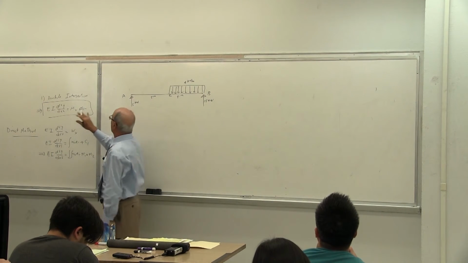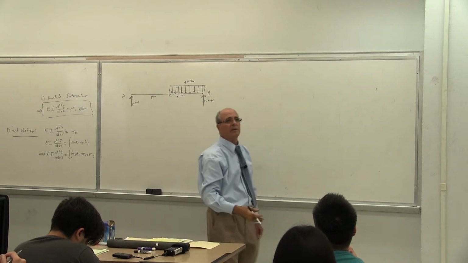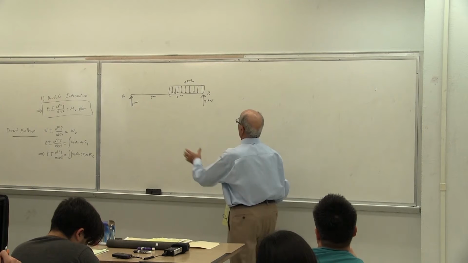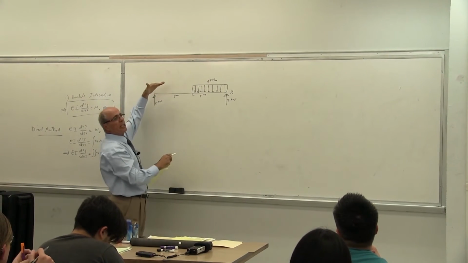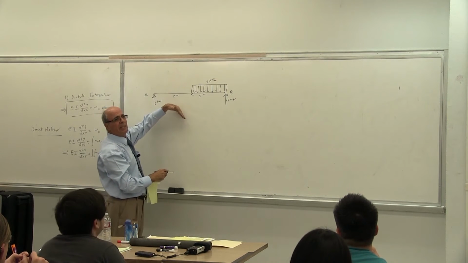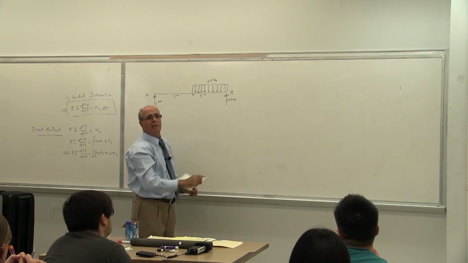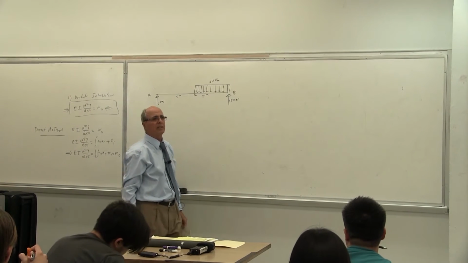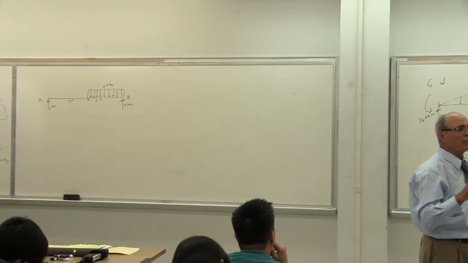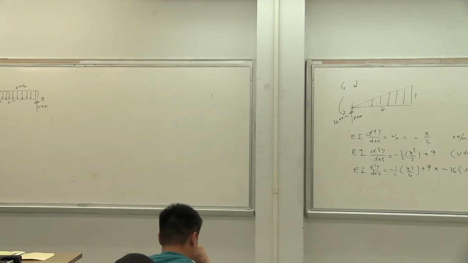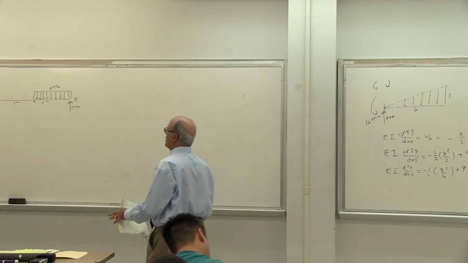Yes or no? Can I write the same M(x) for AC and CB, or are they different? Everybody knows that the moment here is linear. Yes or no? No load, shear is constant, moment is linear. Constant load, shear is linear, moment is a parabola. Totally different function. It cannot be represented with one set. Write it down. This type of problem has to be represented with 2 sets of functions. Therefore, we have 2 sets of integration which are totally different.